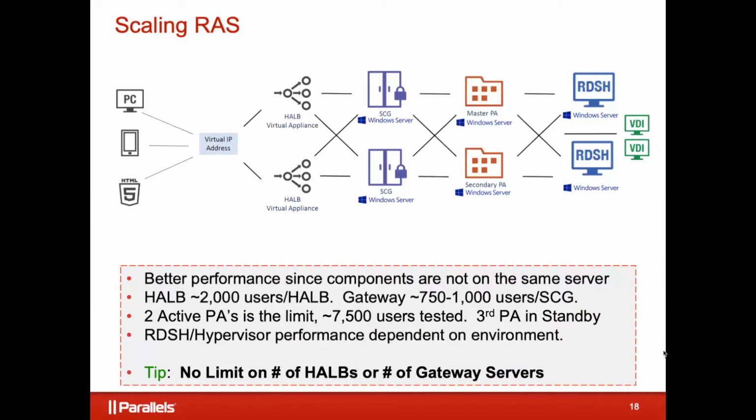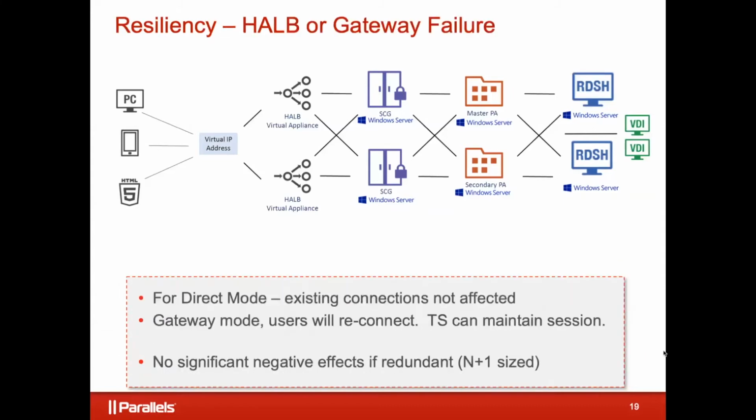Okay. For publishing agents, I said 2 PAs is the limit. I'll talk about them more in a minute. You can have more than 2, but they just increase your network traffic and they don't buy you a whole lot. So we really recommend just 2, because they're the ones that are kind of chatting back and forth. So keep it down to 2. You can have more than 2 if you'd like, but we recommend putting them in something known as standby mode, meaning they're acting like a hot spare at that point. Right, so if one goes down, the other takes over. The publishing agents, I'll talk about how that architecture looks when we talk about failures. But let's go ahead and jump forward and get into failures and look at each one of these directly.